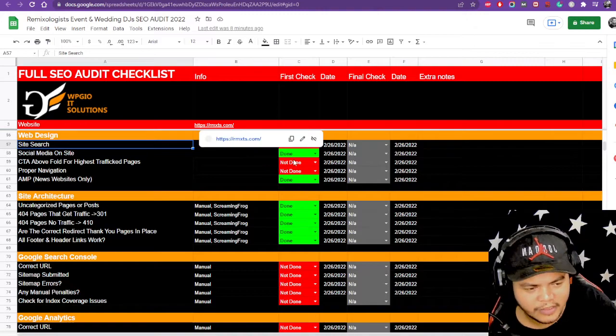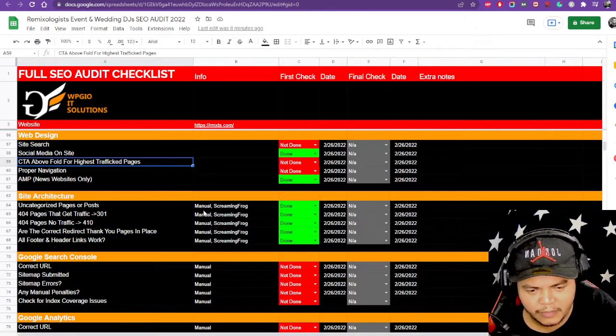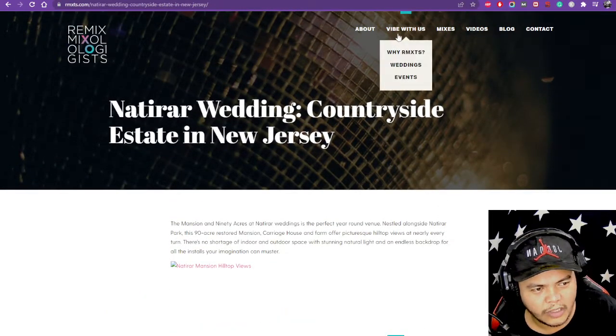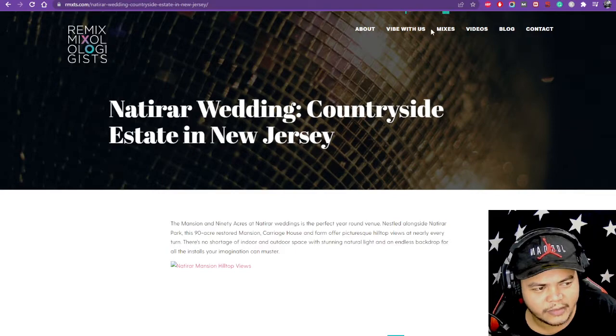So let's go ahead to call to action above the fold for important pages, for example services pages and location pages. Once that is built in here,